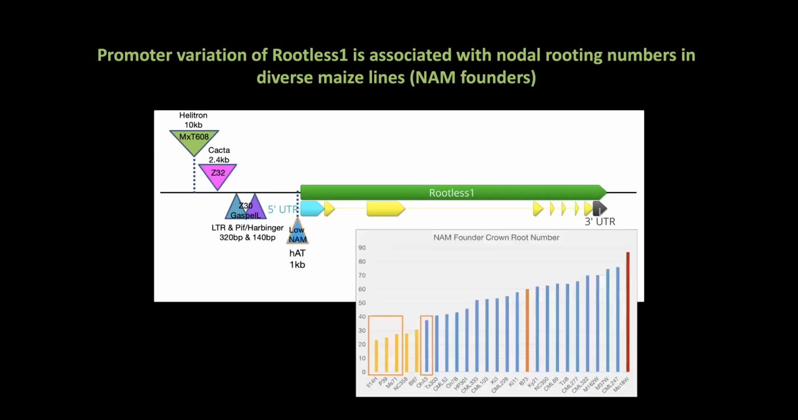So, and then it really got interesting when we looked at the NAM founders. This is just total crown root number from an experiment we did, and all the ones in orange are obviously the lowest, and 4 of the lowest 6 have the exact same hAT transposon right upstream of the start site here. And then basically gene expression is correlated with this. So we're pretty interested to continue to try to understand this gene and what role it may or may not have in nodal rooting number, which we think is an important phenotype with functional implications. So that's the idea with that